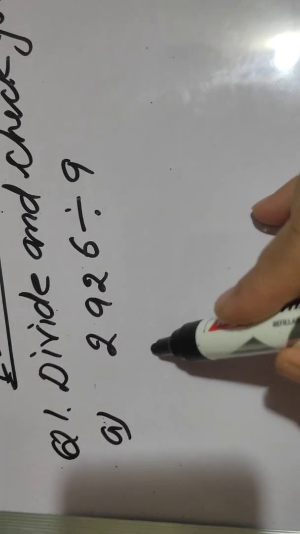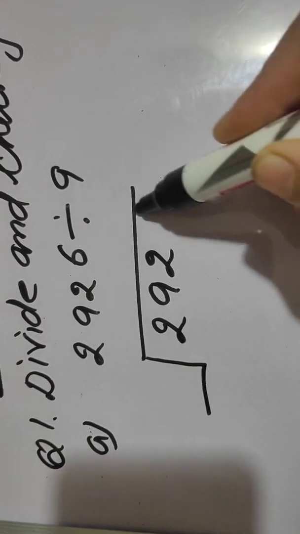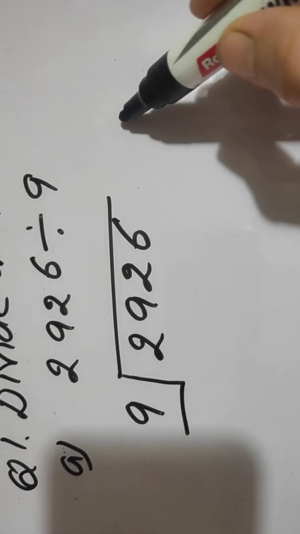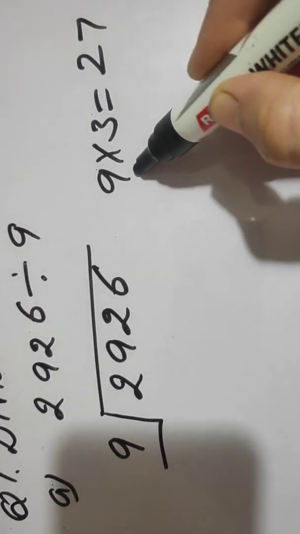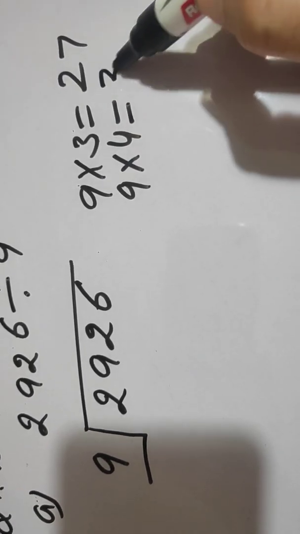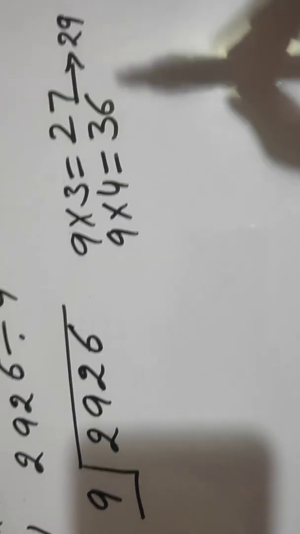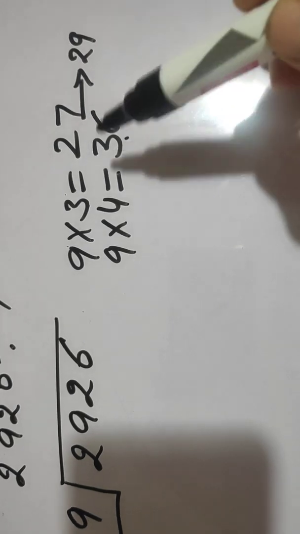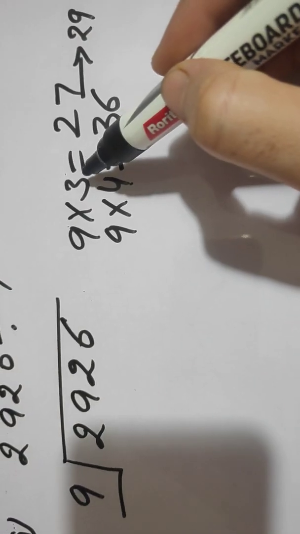So what we will do, we will make the division here. 9 is the divisor. Read the table of 9 near about 29. 9 3s are 27, and check one more bigger number. 9 4s are 36. 29 comes between this. Okay, but 36 is bigger, so the table is not going on. 9 3s are 27 is right.